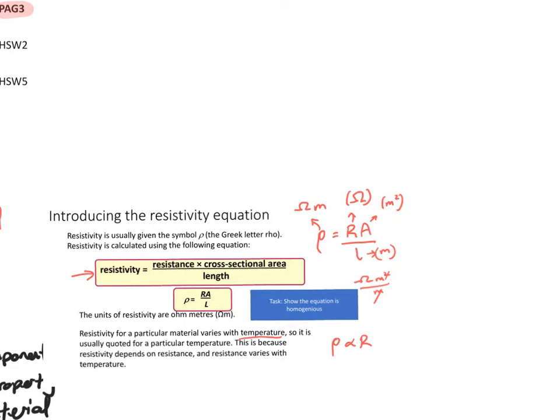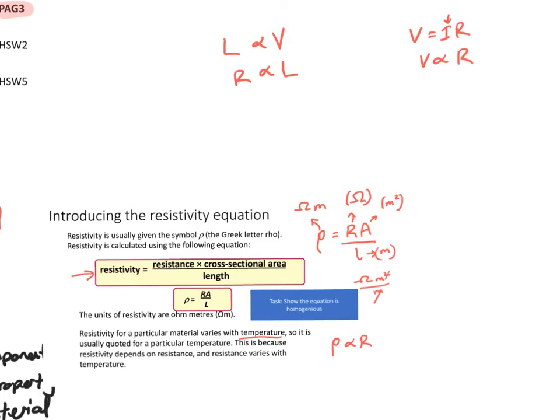Now, for a given current passing through a component or a wire, if I increase the length of the wire, the potential difference increases across the wire, which means since V is IR, for a fixed current, the resistance increases as the potential difference increases. That means that resistance is directly proportional to length. Then we have the resistance and